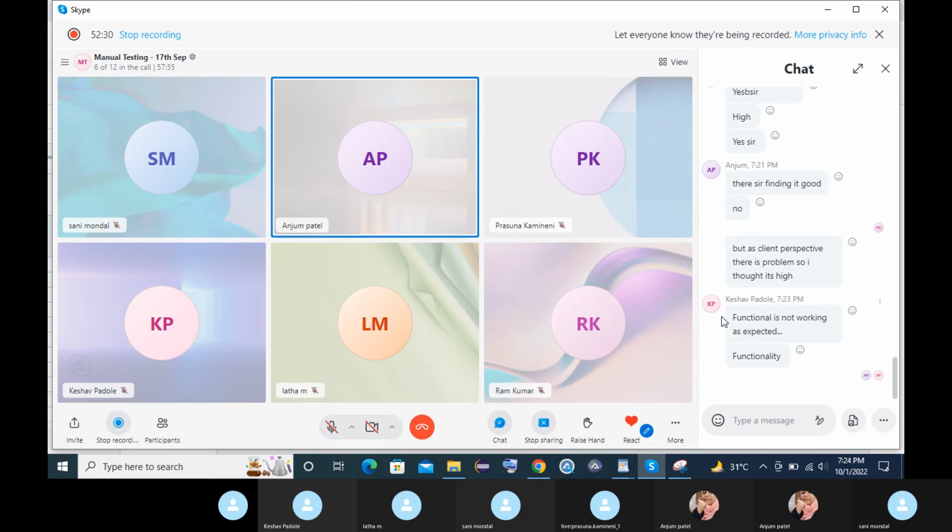You do not decide the priority or the severity based on the client. You decide it based on the defect. Based on the defect, how this defect is impacting the application. Based on that, you will decide. It is not like